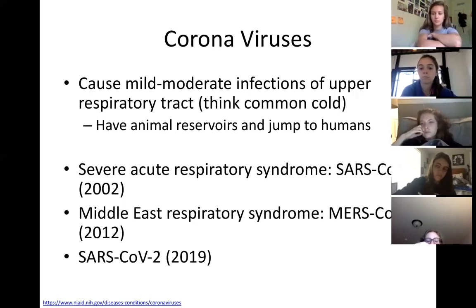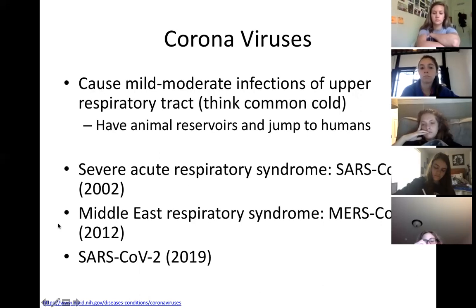looking at. But anyway, so, SARS, although some of you may have been around then, or a lot of you were around then, you were really little. And SARS, I think, infected only about 8,000 people worldwide, but it did have a 10% mortality rate, so it was pretty scary. And China and Canada, actually, interestingly, were the ones that were most affected by it. Severe acute respiratory syndrome. Middle Eastern respiratory syndrome was in 2012. I don't know as much about it. I might try to find some more on it maybe for the epidemiology lecture. And then SARS-CoV-2, right, which we're calling